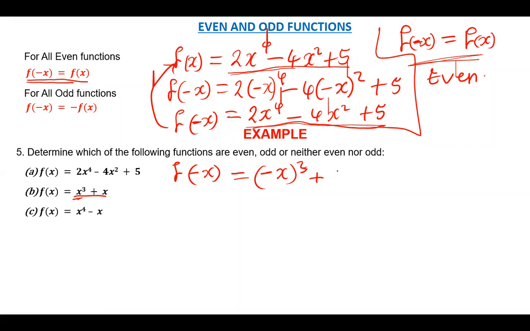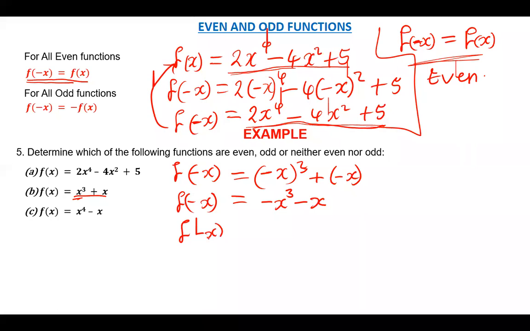Then we say plus, we put negative x where there's x. So when you simplify this, f of negative x will simply give us negative x to the power 3, this will give us negative x cubed. Then negative x to the power 1 will still give us negative x. So we can simplify this to,